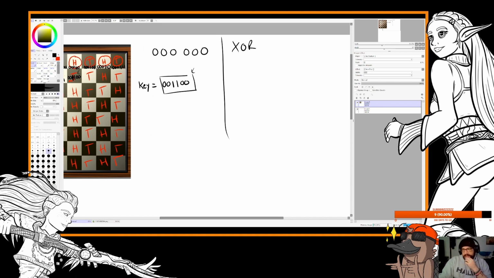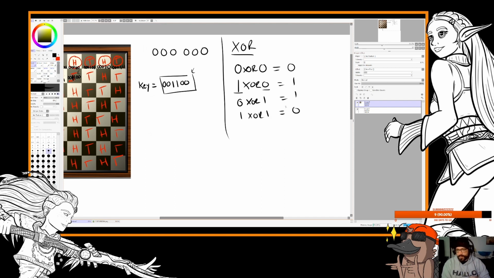XOR, what does this mean? It's kind of mutual exclusion, basically. So this only means one or the other, but not both. So let's say I do 0 XOR 0, this is gonna give me 0. If I do 1 XOR 0, so it's one but not the other, okay, this is true, I got 1. The same thing on the other side. But now if I have both,